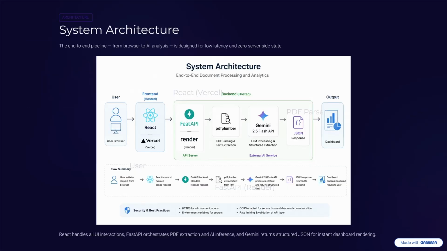This is the complete system architecture of an AI resume analyzer. This is mainly divided into three layers, that is Frontend, Backend and the Gemini 2.5 Flash. Frontend is built using React and deployed on Vercel, and the backend is built using FastAPI and hosted on Render. Gemini 2.5 Flash is used to get the structured and accurate response immediately, which is integrated in